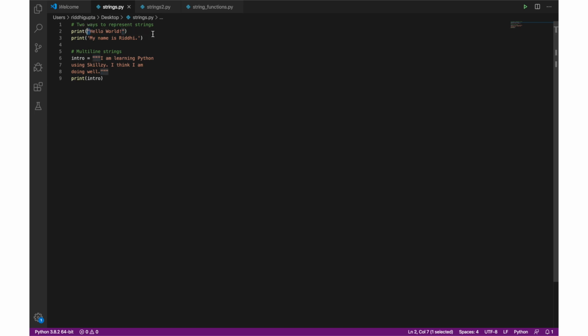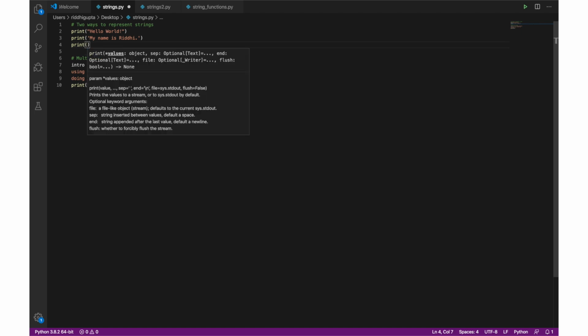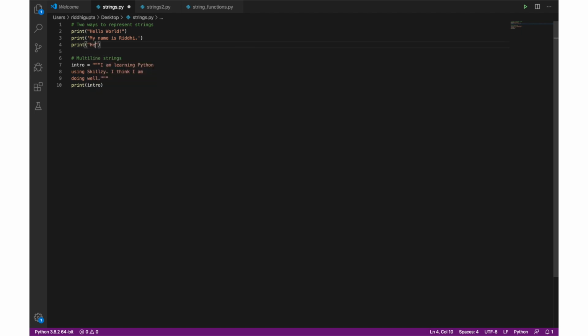I've used double quotes. And the other way is to use single quotes, as I did on this line that says, "My name is Riddhi." Now, both double quotes and single quotes work perfectly fine. And the reason that Python gives two ways of representing strings is because let's say I wanted to say, he said he was